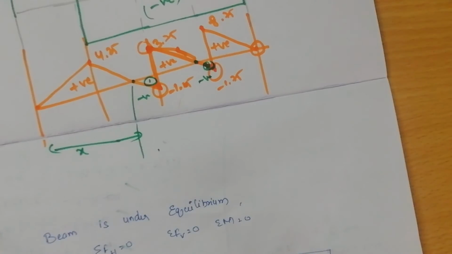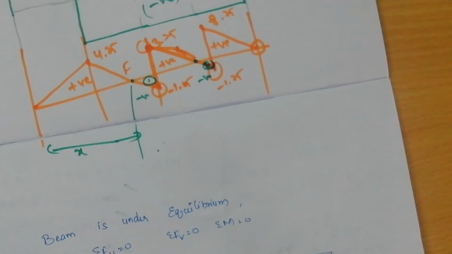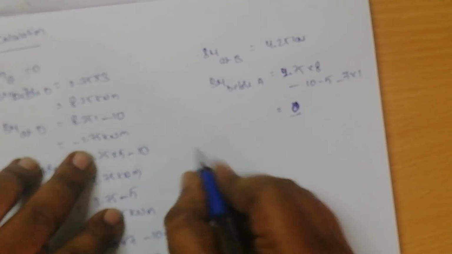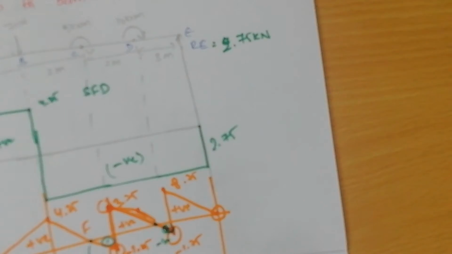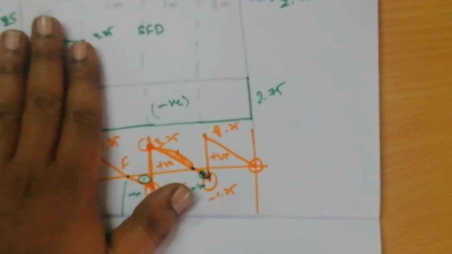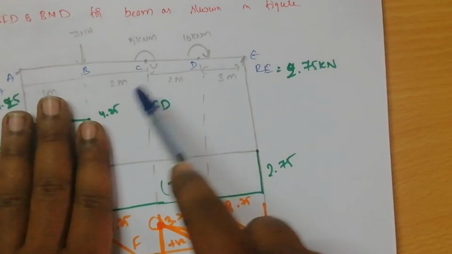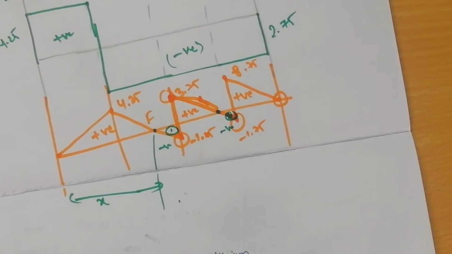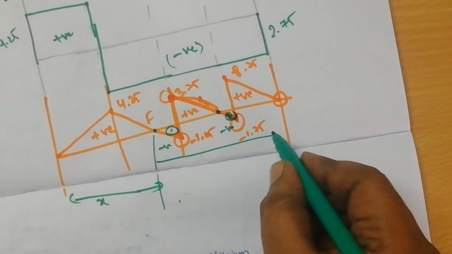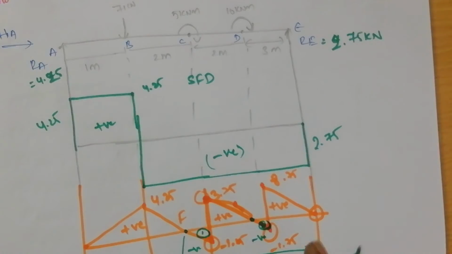Let us take that point as F, since A, B, C, D, E are completed. So I have to take the moment at point F. Bending moment at point F: I have to take the loads which are on the right side of point A. So we have on the right side E, D and C, each into distance. What will be the distance? If this is x, what will be the remaining distance? Obviously it is total distance minus x. Total distance is 1 plus 2 plus 2 plus 3, that is 5, 7, 8.